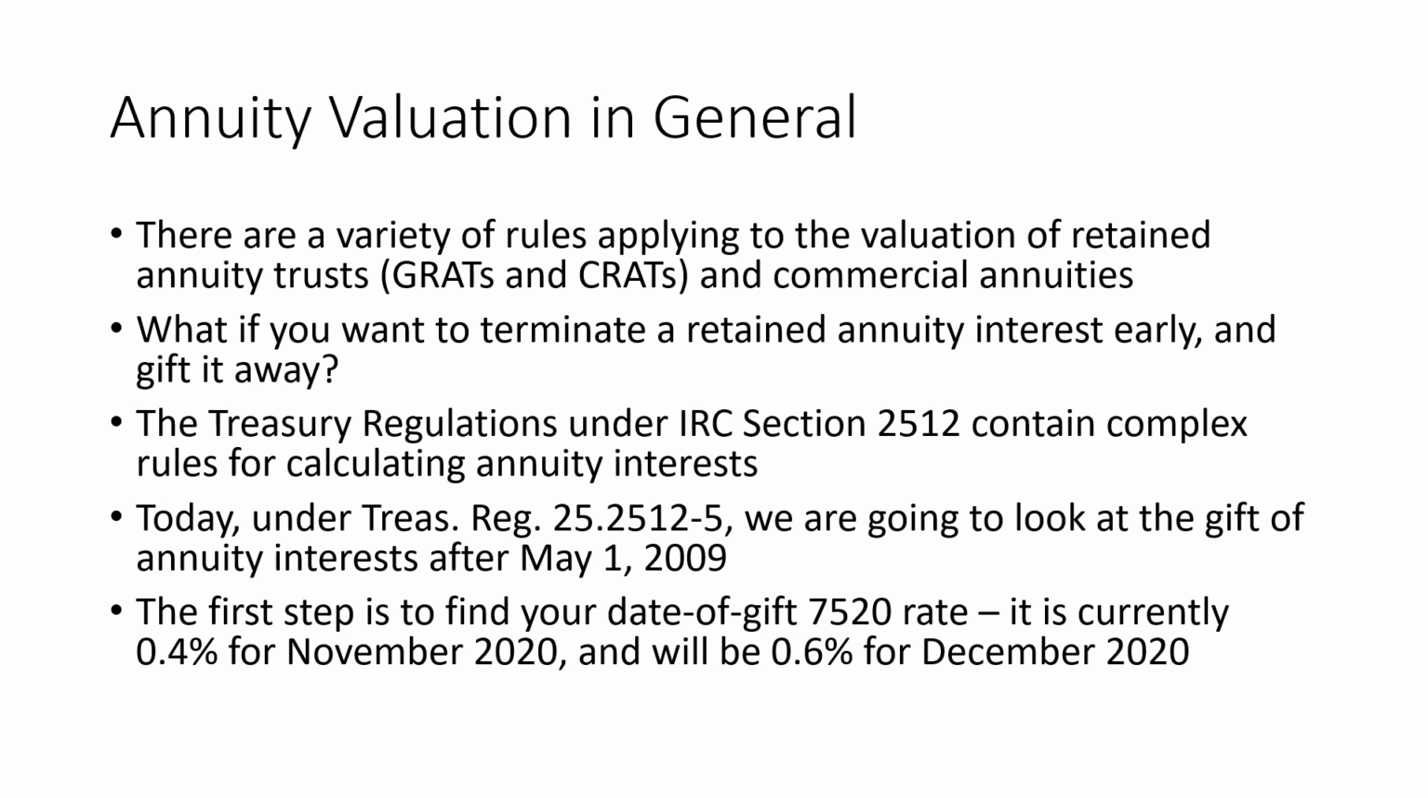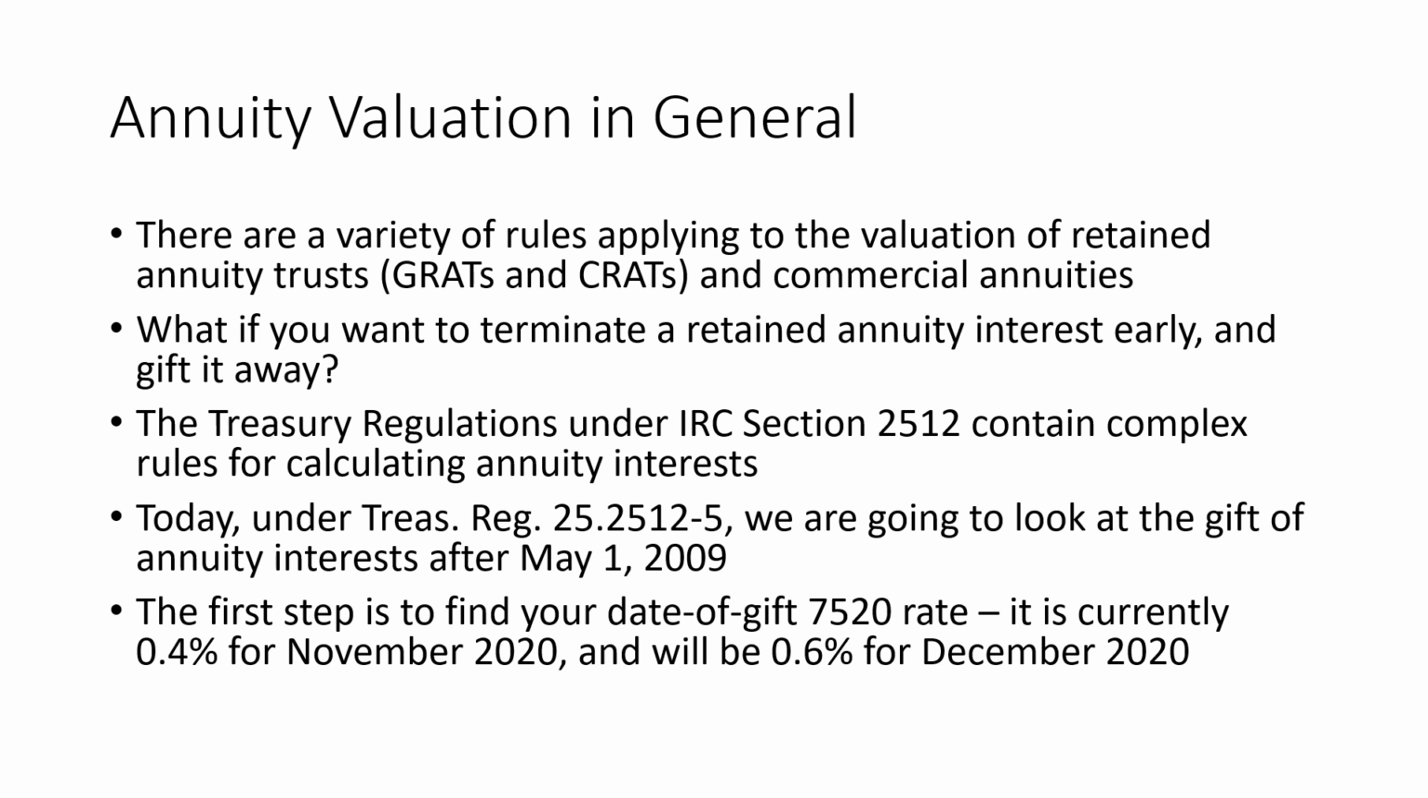So, there are some Treasury regulations under Code Section 2512 that contain a lot of the rules for calculating annuity interests. So what we're going to look at today are those rules in a real-life application. It's important to note that these rules typically apply to an annuity interest that's created or gifted after May 1 of 2009. So the first step in all of this will just be to find our date of gift 7520